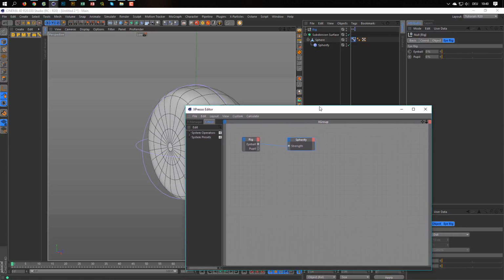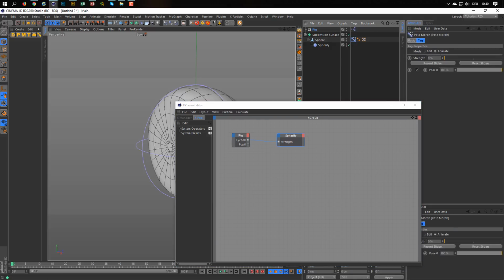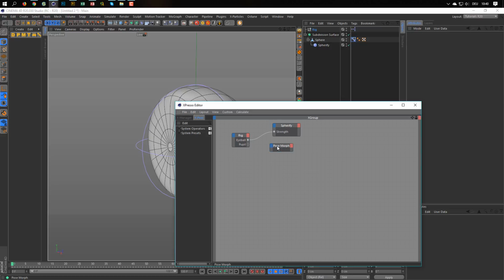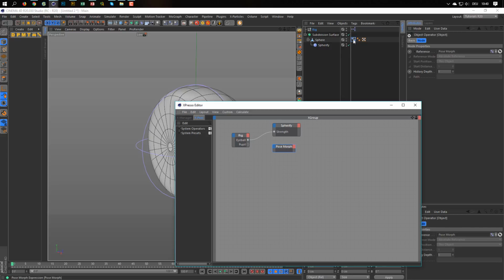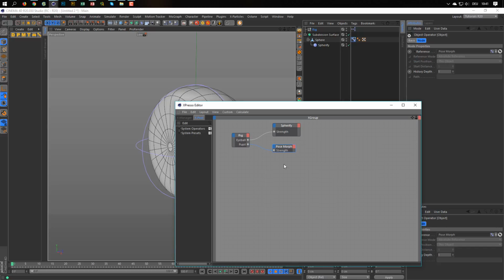The next step, we do the same with the pupil. So we go to our pose morph here, this strength here, we drag in the pose morph, and in the incoming port here, we drag in the strength, and we connect it with the pupil.